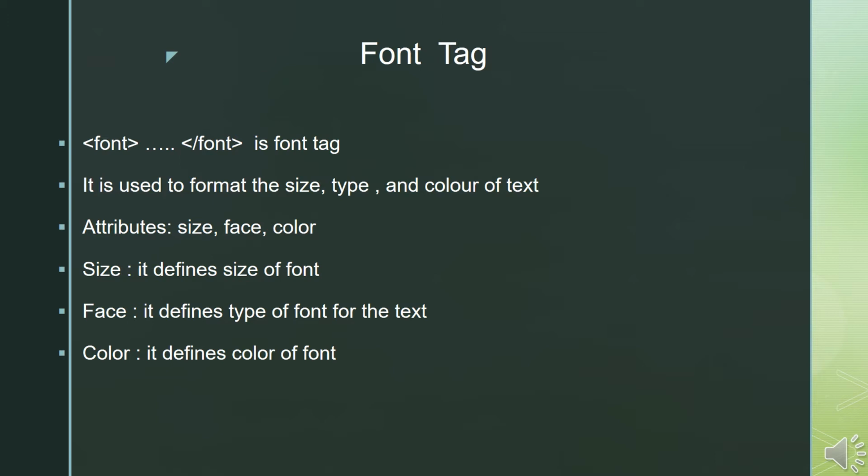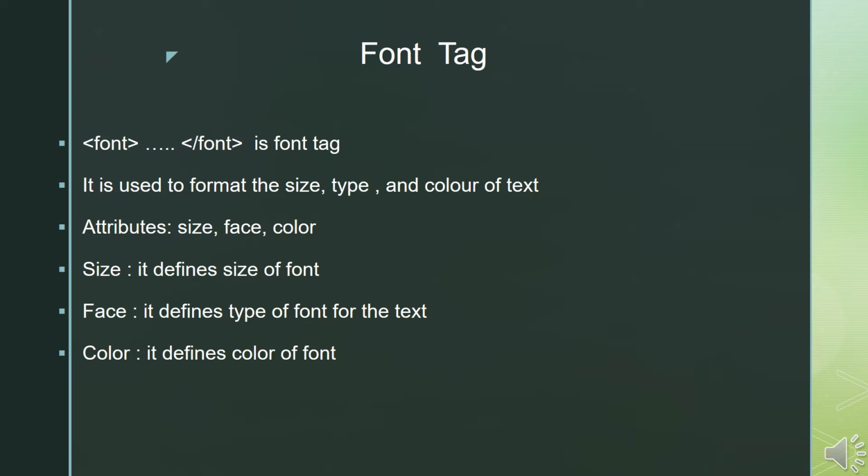The size attribute can be specified as an absolute or relative value ranging from 1 to 7. So the value which will come is 1 to 7. If you give anything above 7, then it will show the effect of 7 only. Using a relative font size, that is, by putting a plus or minus sign before the number, will change the font size relative to the default size. So you have to be careful with that.